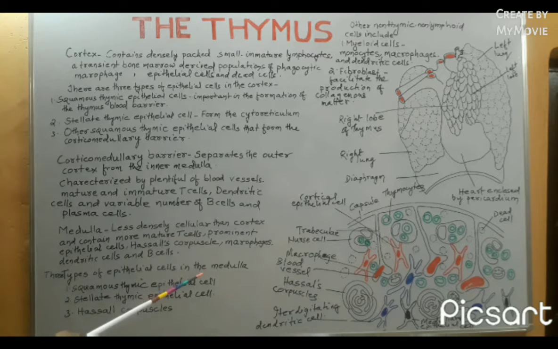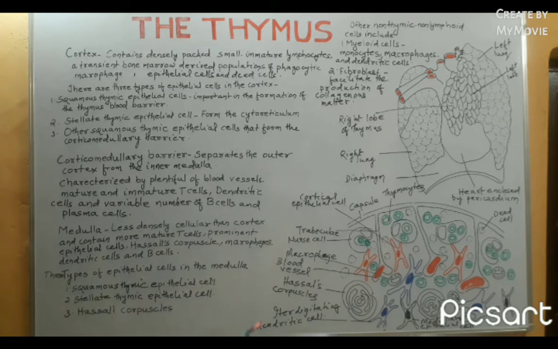The medulla contains three types of epithelial cells: squamous thymic epithelial cells, stellate thymic epithelial cells, and Hassall's corpuscles. And Hassall's corpuscles are the concentric congregation of thymic epithelial cells that release cytokines, and the cytokines control or regulate